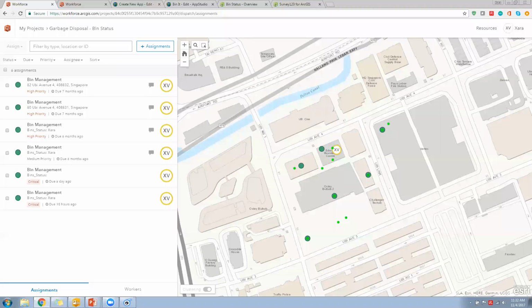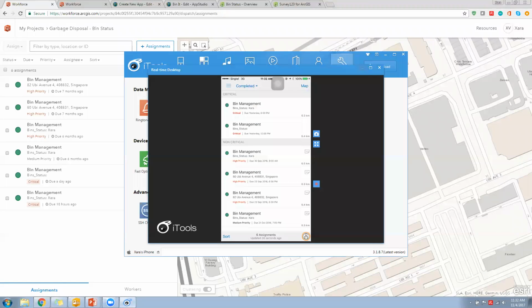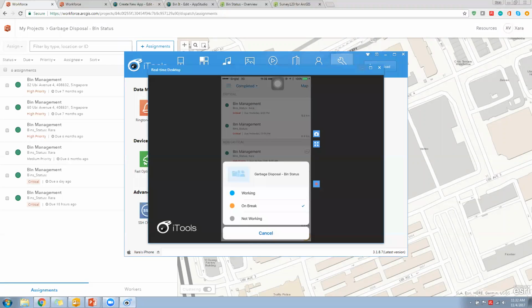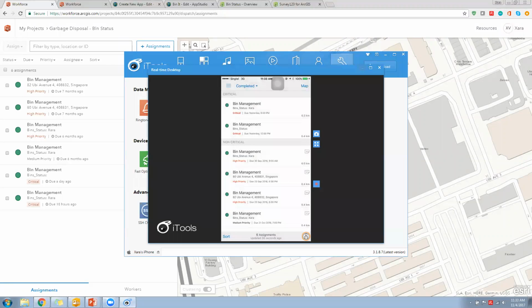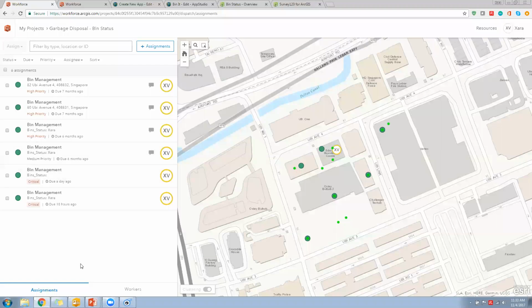So I can also project my Workforce for ArcGIS worker view, which I am viewing from my mobile device. So from here, I can see the completed tasks that I have attended to, and I can also update my manager regarding my current status, if I am on break, if I'm not working, or if I am working.